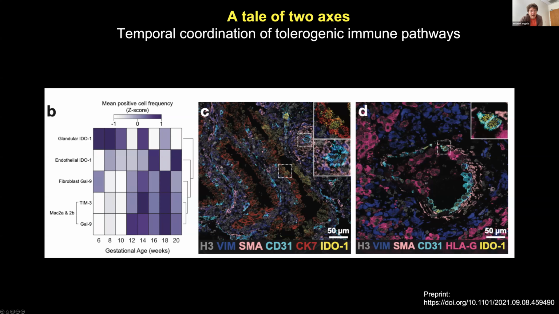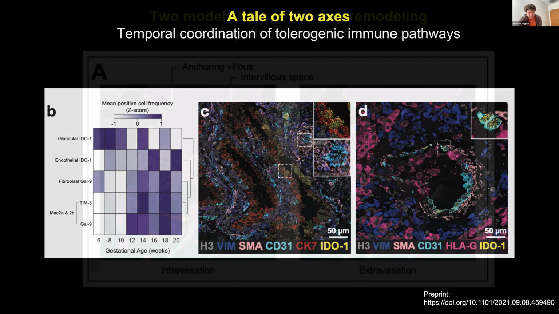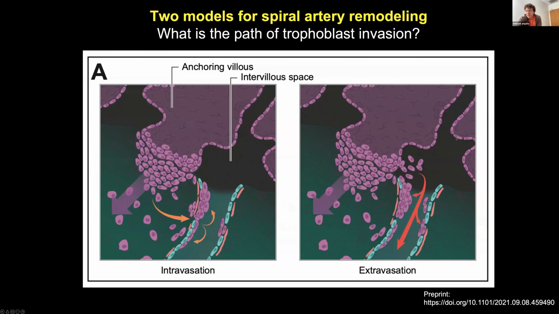The other thing that we saw was that there was this very strong prominent trend of TIM3 and galectin-9 on macrophages sort of going up hand in hand. And so TIM3 and galectin-9 have also been implicated a lot in the context of cancer immunotherapy in terms of being another immune evasive pathway. So the last little thing I was going to show you in this study was